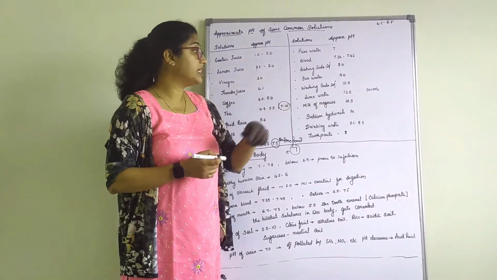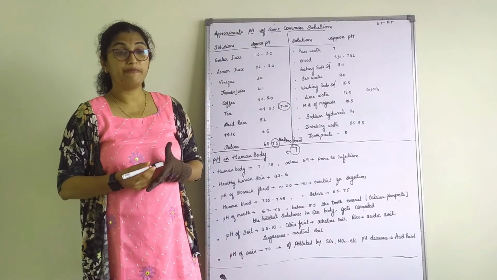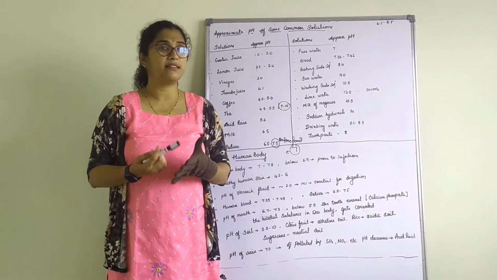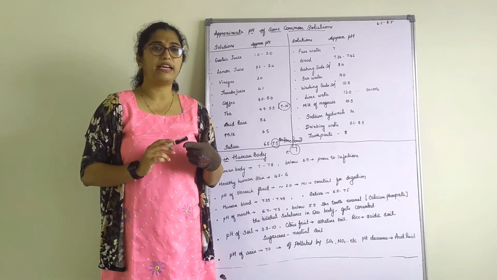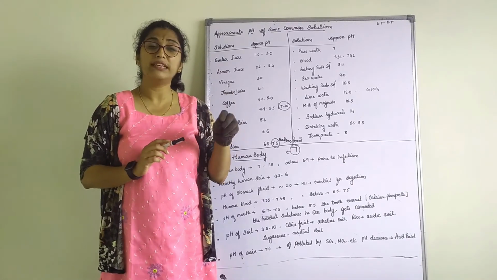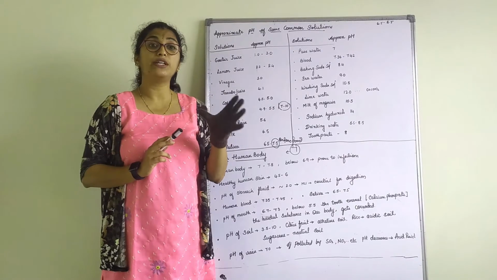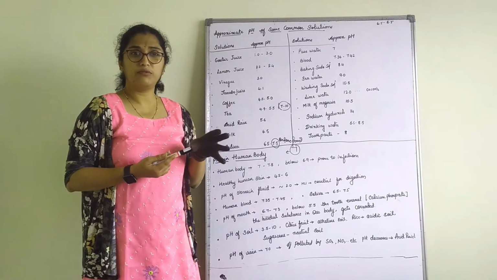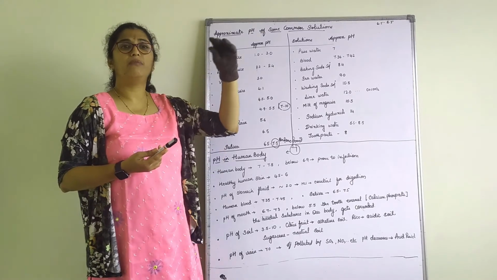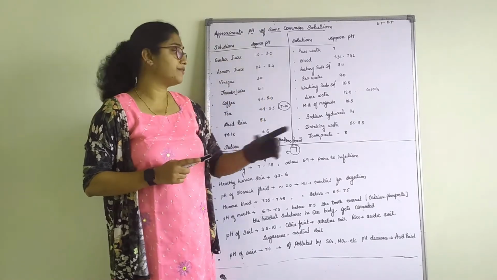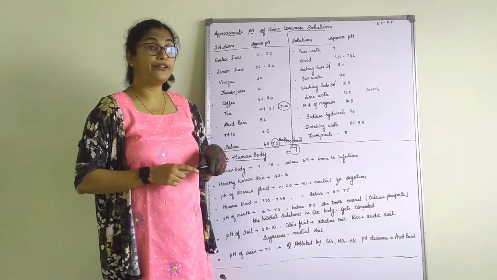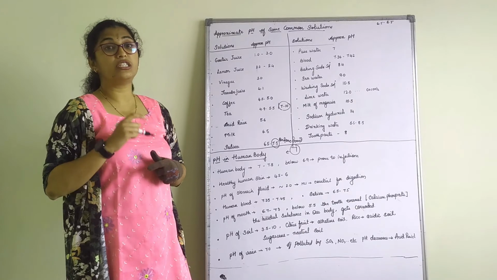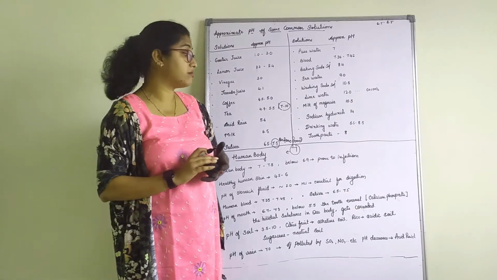Milk of magnesia is 10.5. What is milk of magnesia? It is used in antacids. Usually you have an antacid at home. You have Eno, you have Digene or Digene syrup. These are the common things we have at home. Please go and check the content of these things. It has magnesium oxide or is written as milk of magnesia, which has a pH of 10.5. Sodium hydroxide is 14, that is NaOH. It is highly basic, highly corrosive.